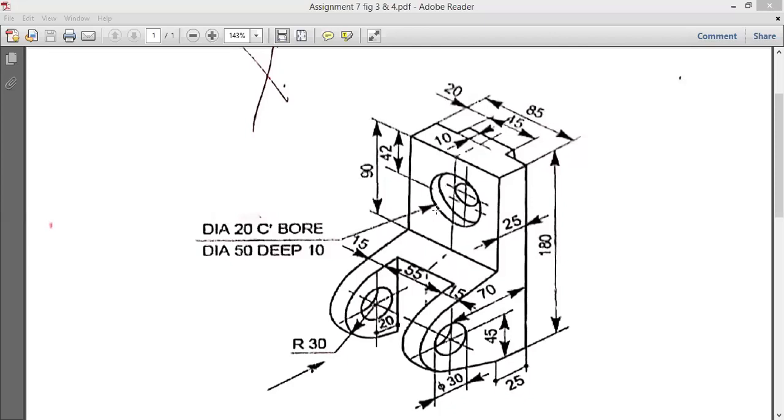There you can see the outer diameter is given here as 50 and the depth is given as 10. It is written here deep 10, that means the depth is 10. The outer section is 50 diameter, and the counter section, just this small section, you can see this small diameter is 20. So that is also visible, but behind this section, that means just follow this part, this is